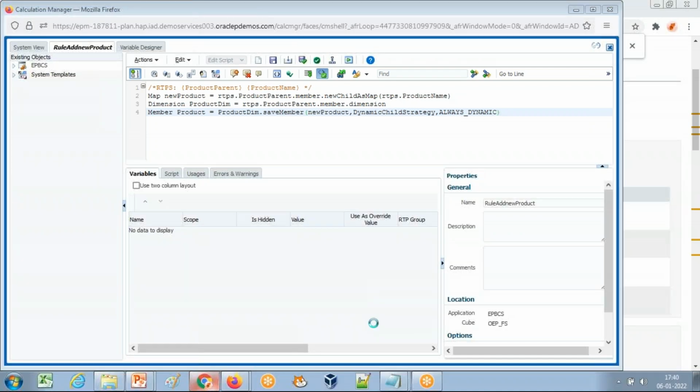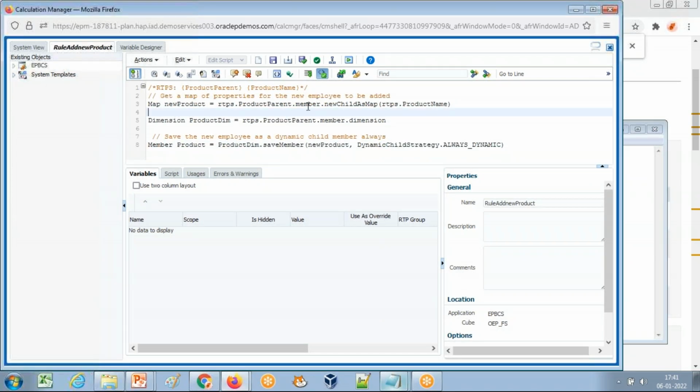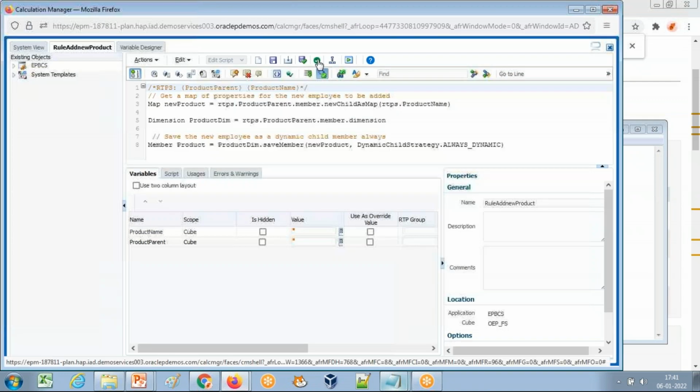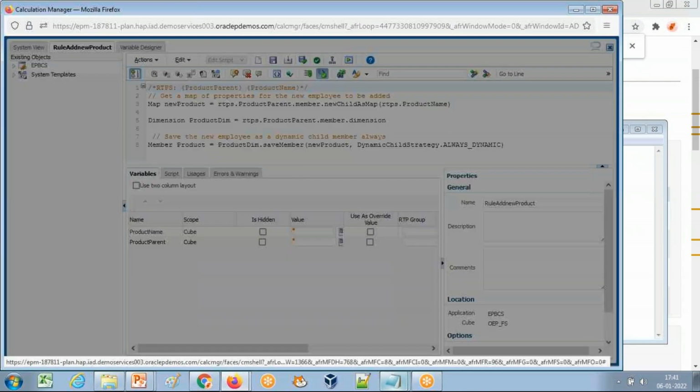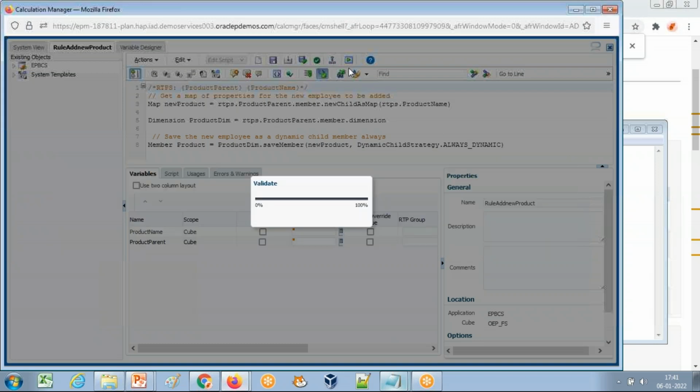The next step, optionally, you can add comments to make your code readable. Likewise, here I've added a comment to make my code readable. Now let's validate this code. Save and validate. You could save and validate both together, give some name like test, and deploy this code.